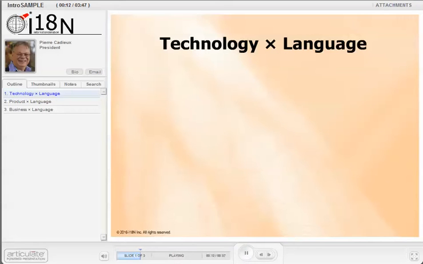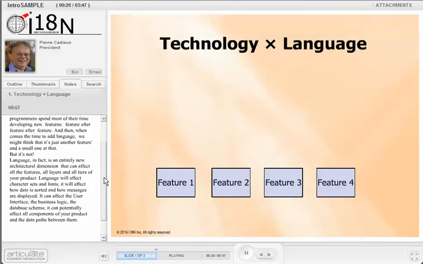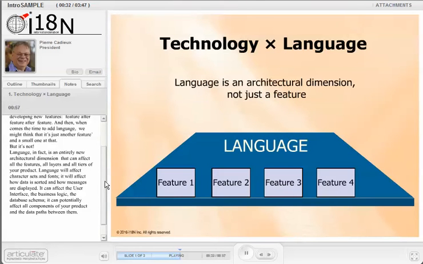Programmers spend most of their time developing new features, feature after feature after feature. And then when it comes time to add language, we might think that it's just another feature, and a small one at that. But it's not. Language, in fact, is an entirely new architectural dimension that can affect all the features, all layers, and all tiers